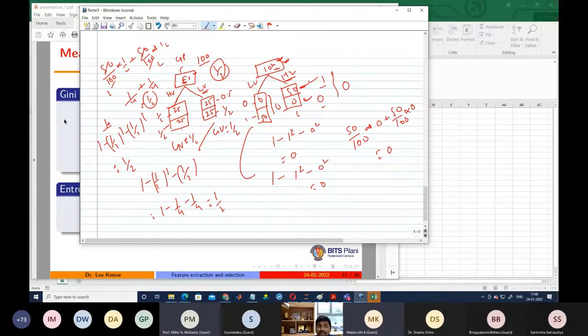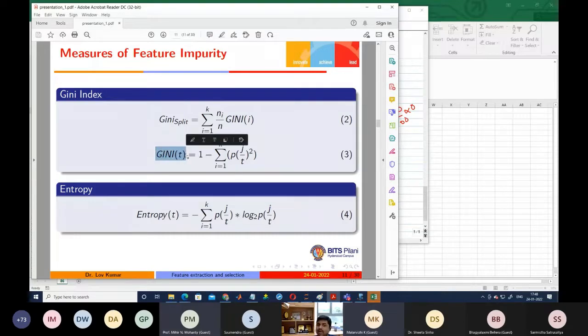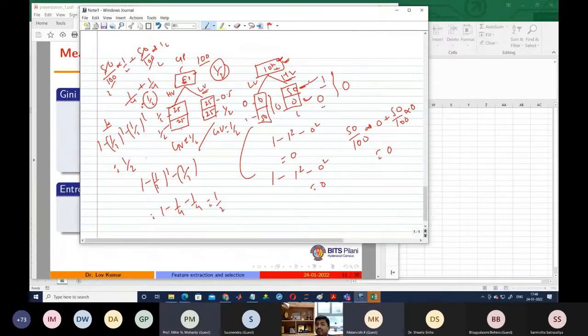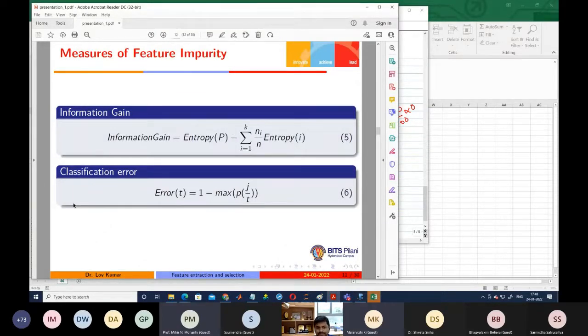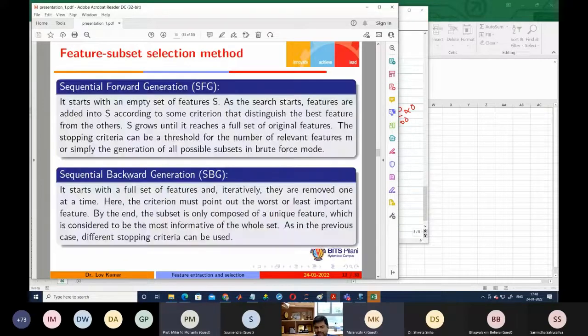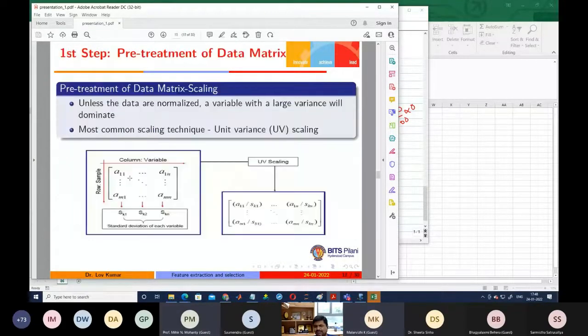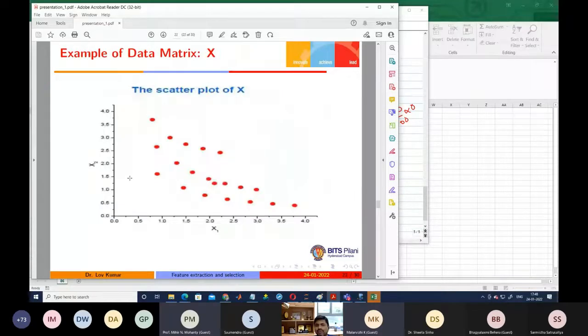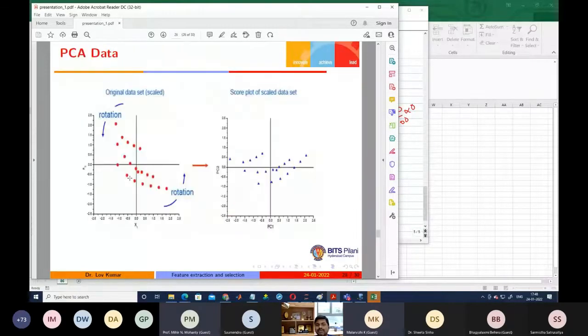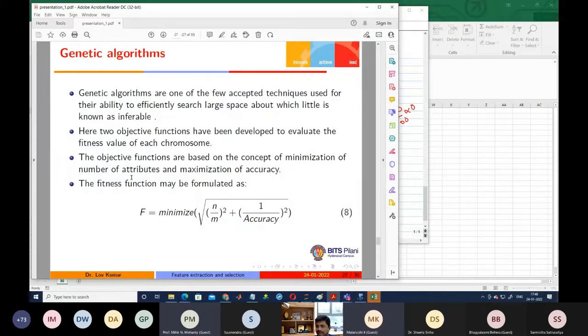What we are going to do, we are calculating the Gini value, and after calculating the Gini value, we are going to find which feature had the better Gini split. But this one is a very simple concept. You can also write the code for that, but mainly we are going for one important approach, that is called the genetic algorithm. Now we will write the code for the genetic algorithm, and then we will check whether the genetic algorithm will help to improve the performance of the model or not.